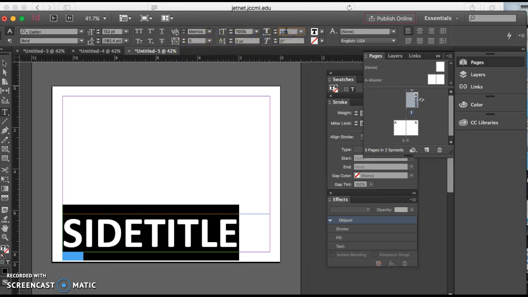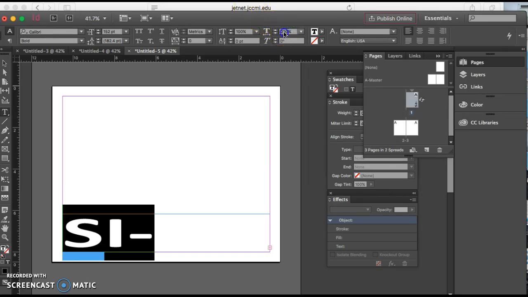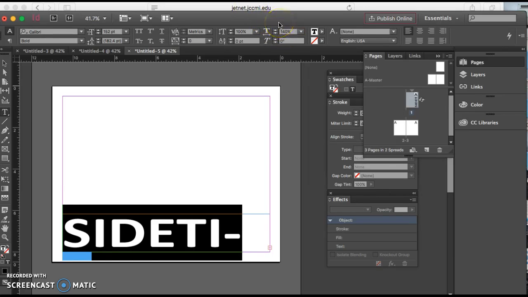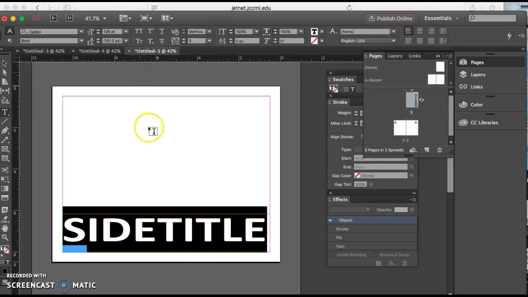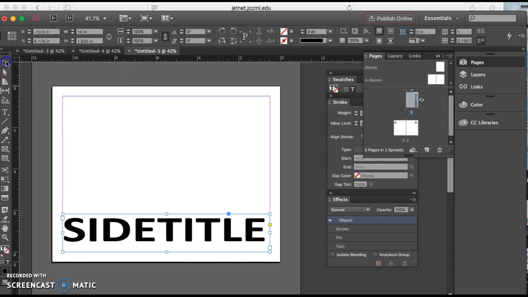There we go. So now we have something that, if we needed to make changes, it would be much easier to make these changes viewing it from the side than it would in portrait